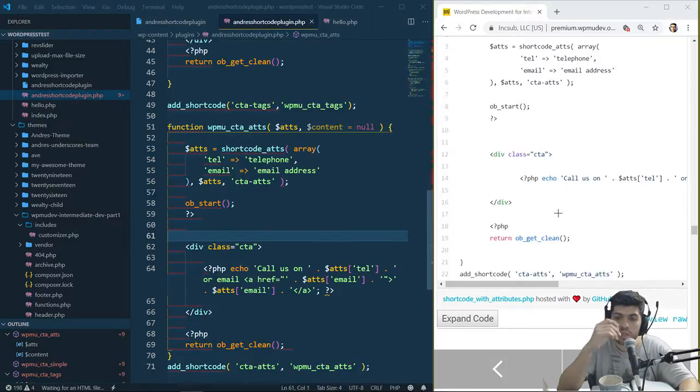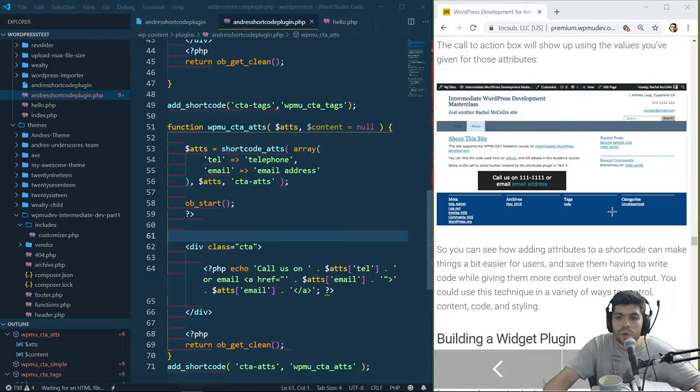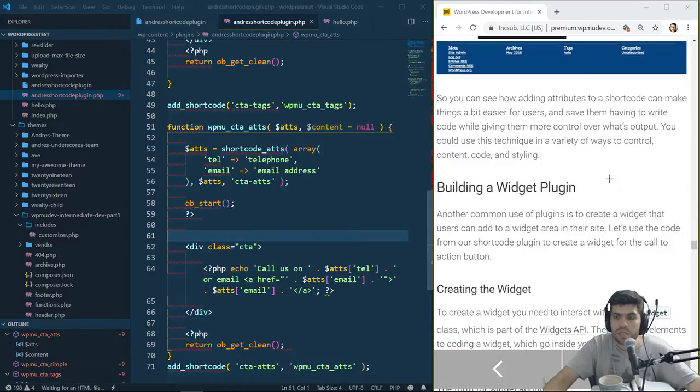The first two parts were going over shortcode plugins, and the second part was going over slightly more advanced shortcode plugins. Right now I'm going to be doing plugins, but I'm going to be getting into widget plugins. And if anyone wants to follow along, I